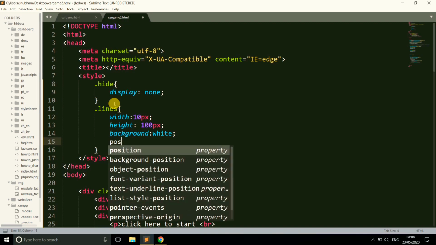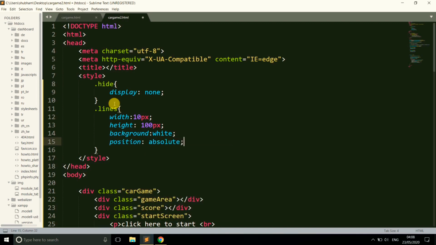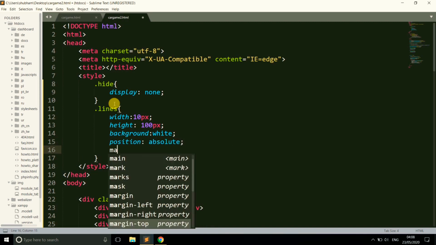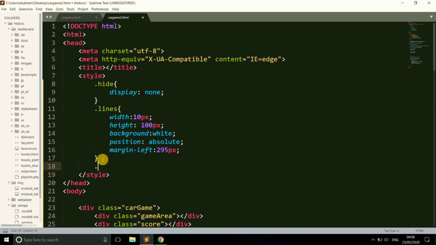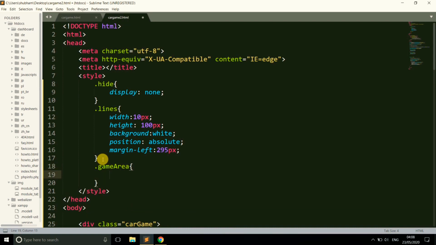Now set the position absolute, and margin-left equal to 295 pixels. So here we complete the style for the line.